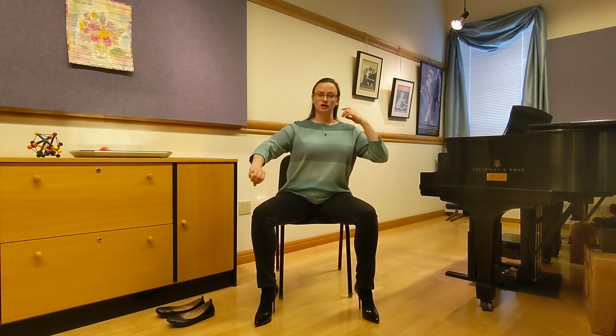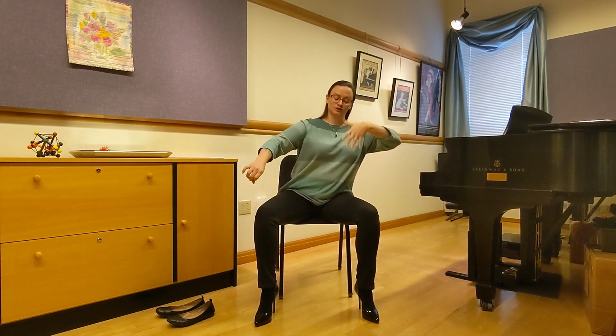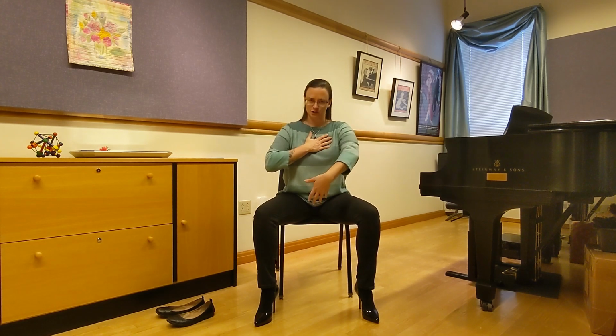Another thing that I work on with cellists is while you're doing contrary motion, which is, of course, leaning in the opposite direction of where the bow is traveling in order to get a little bit more motion, the instrument goes with you, right? So you're changing a little bit of the relationship between the bow and the instrument by moving your body, and the connection of the body then transfers to the instrument. While you're doing that,